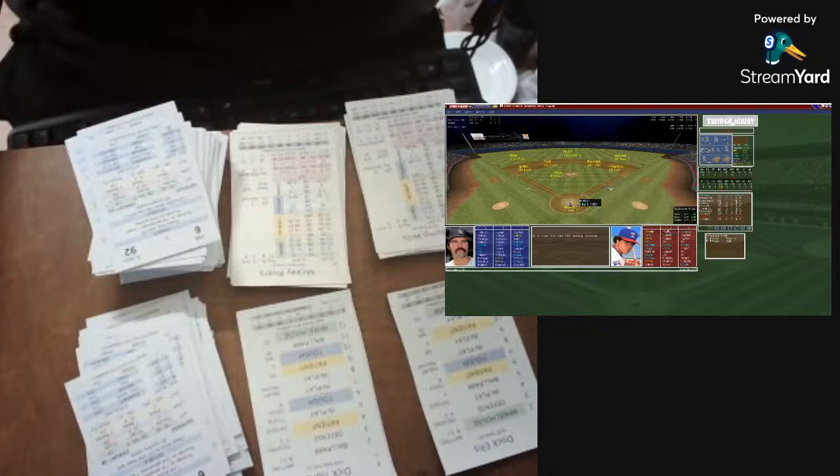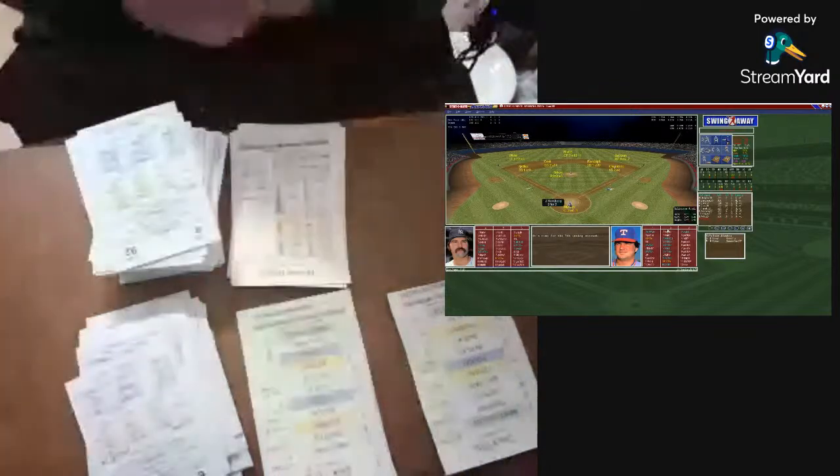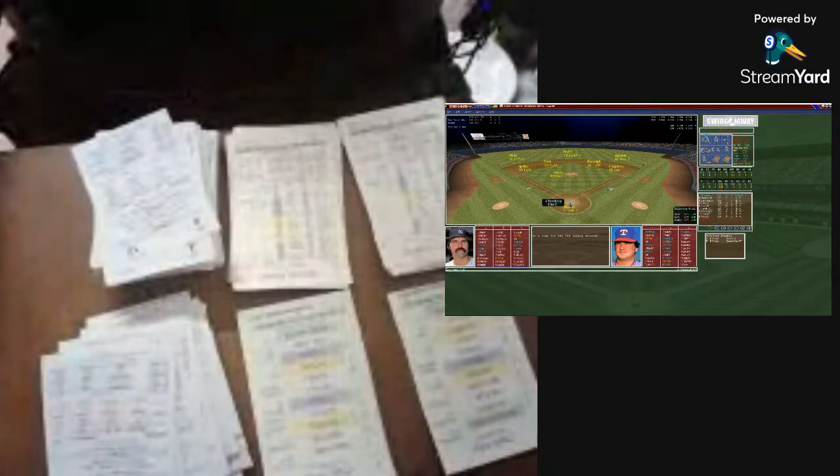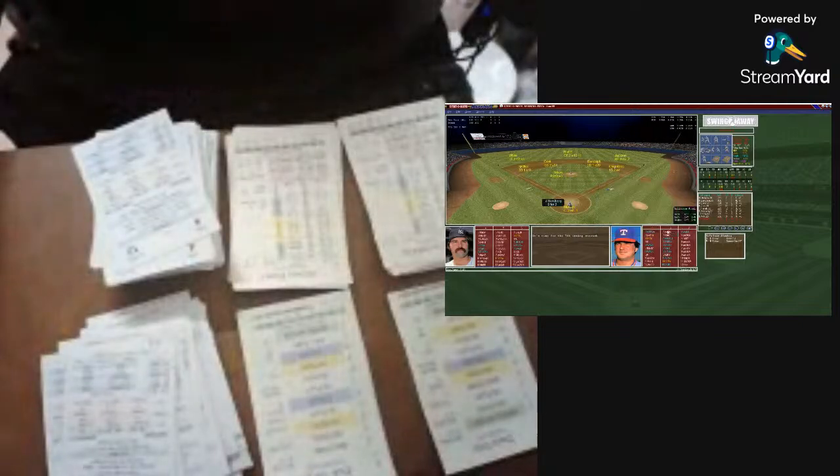So 2 strikeouts for Tidrow. Tidrow looks in, gets the sign. Can Tidrow get through 7 innings? That's an 8. Ooh, that's in play to Sundberg. That's a base hit for Sundberg, his first base hit of the ball game, a sharp line drive to center field. Rivers gets it in, and Sundberg is on with 2 outs. Sundberg, not much of a runner, but he'll be on first with 2 outs here.